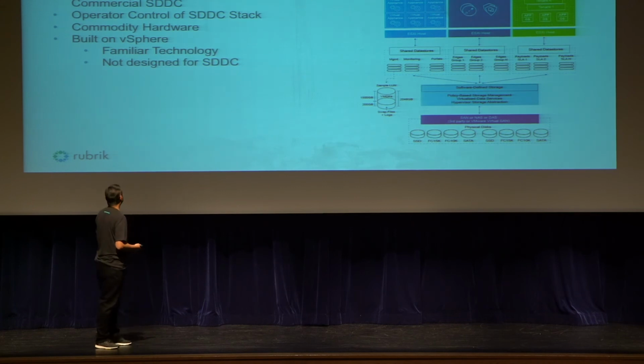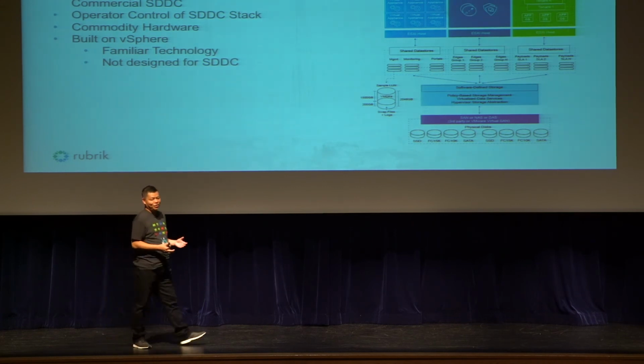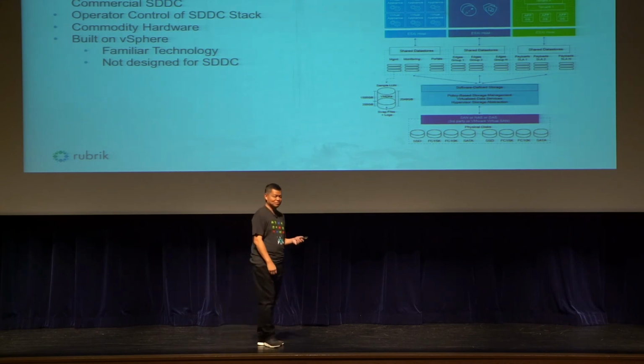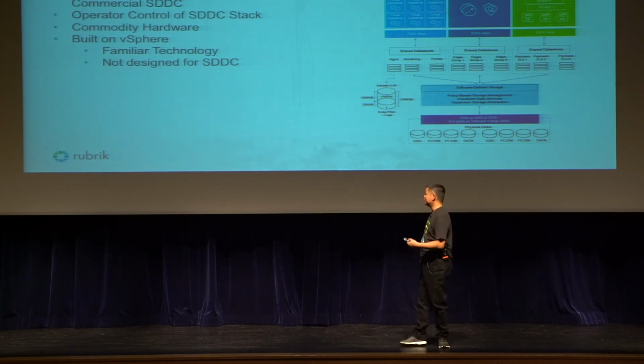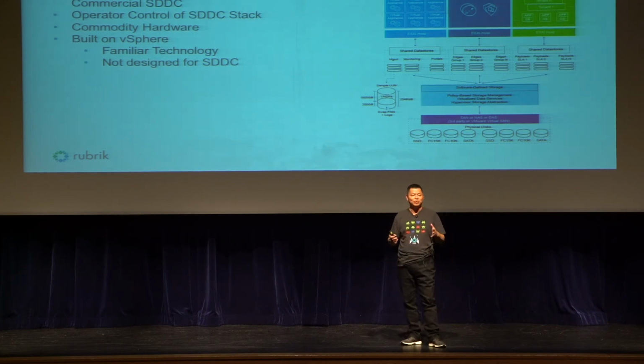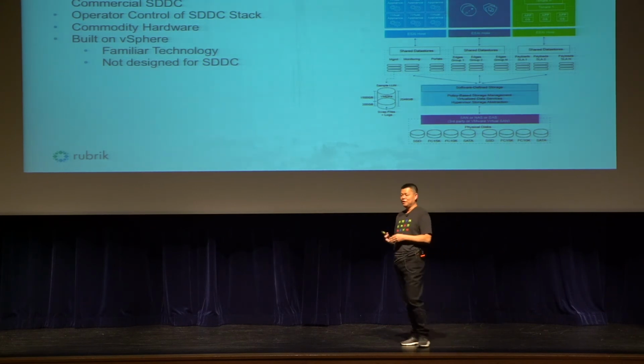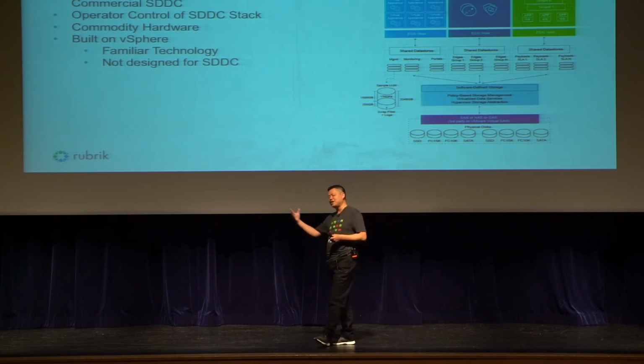It's commodity hardware-based, and it's built on vSphere, which is both good and bad, right? It's good because you guys are familiar with it. You know how to get your way around vCenter. The problem is, the reality is vSphere was not designed for software-defined, because that concept wasn't really quite there yet, right? Some people can make an argument that vCenter is the control plane, and then ESX is just the data plane. So there is some separation, but if you guys have worked with it enough, you know it's not always that programmable, right? There are a lot of other things you have to do.